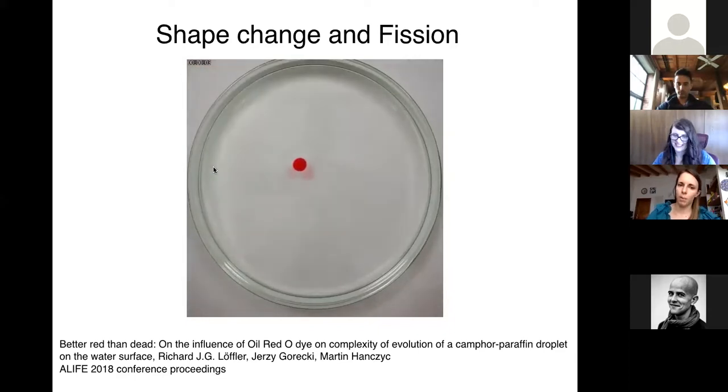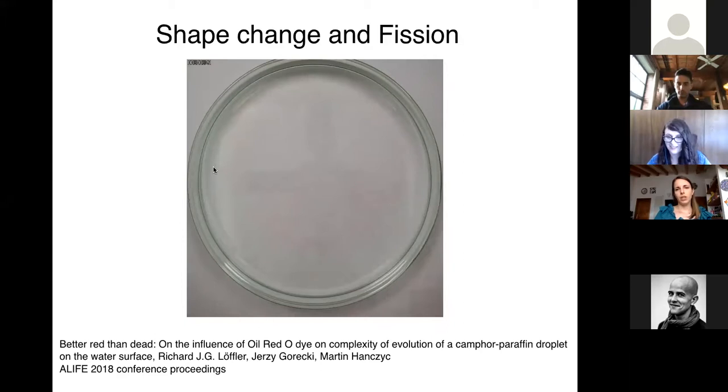So we start from a singular droplet, but then it tries to do a fission. But instead of doing a fission, it creates these filaments that spread all over the petri dish. And then you can see how they will continue to change their shape. And at the end, they will go towards one equilibrium in which instead of being tentacular, they will all have the shape of a circle.